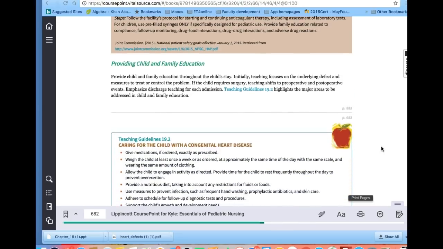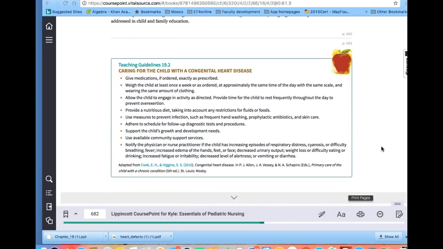All right. Some teaching guidelines for home care for the congenital heart disease patients. One of the things that I want you to focus on is parents often think that, oh my gosh, my baby's never going to be able to do anything. And a lot of times once these defects are repaired, these patients, I mean, they do well. So